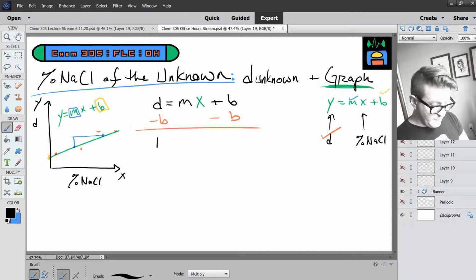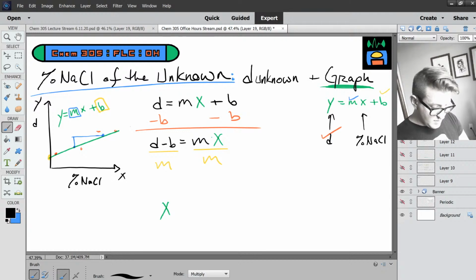This gives us density minus b is equal to m times x, which is your percent sodium chloride. And then we divide both sides by our slope, and we get